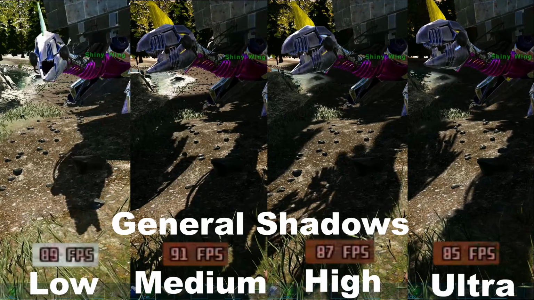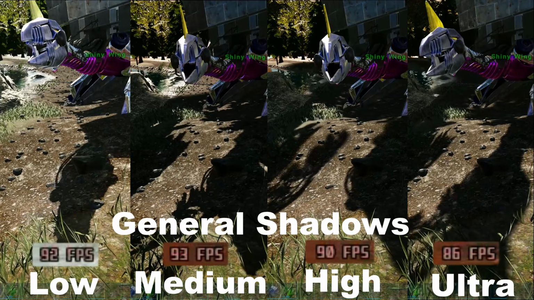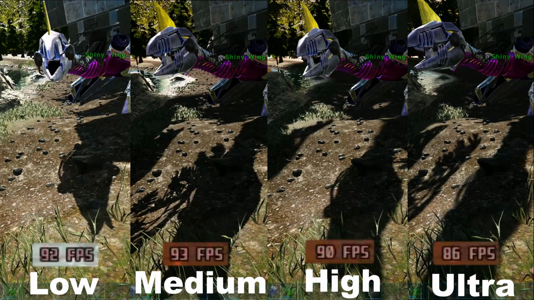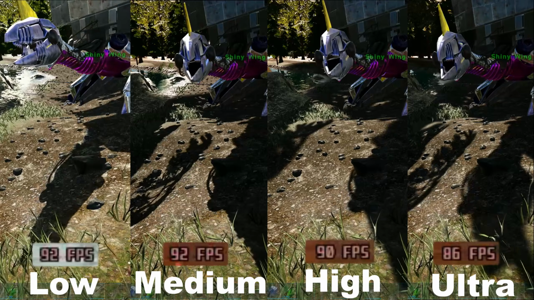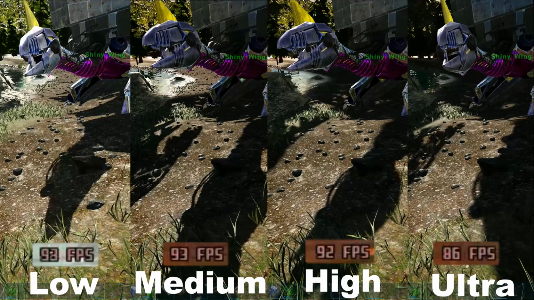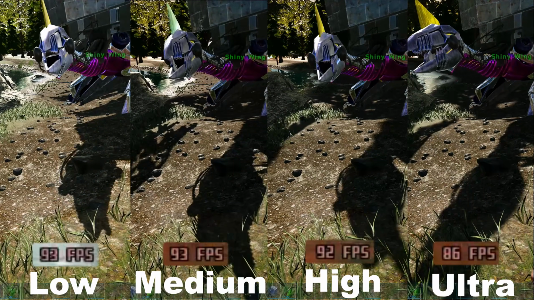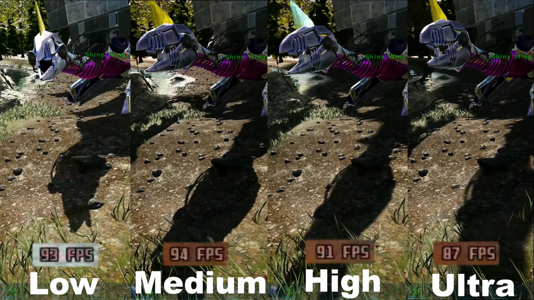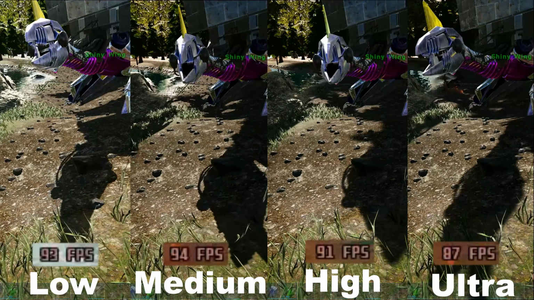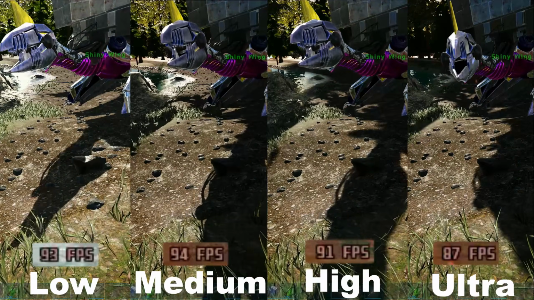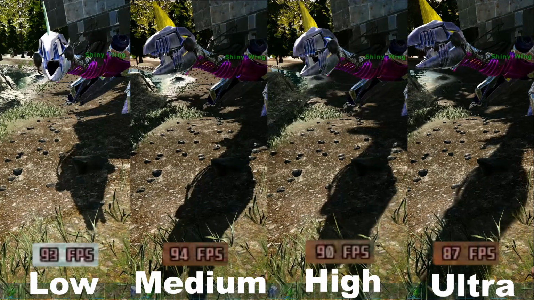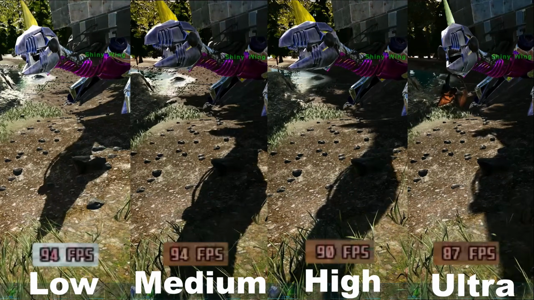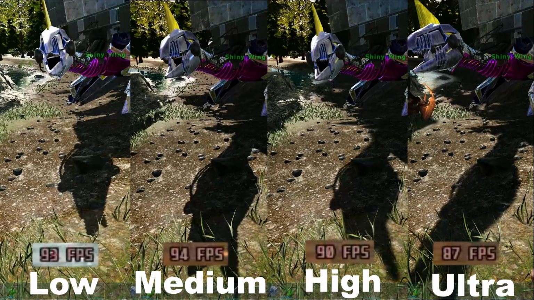And next up we have the shadows. The shadows in Ark are put into two different settings, the general shadows and the terrain shadows. What you're looking at currently is general shadows, where you can see there's a huge difference in FPS between low and ultra. However, in terms of fidelity, how it looks, there's not much difference between medium and ultra. So what I would choose would probably be to use medium, because you get more FPS than ultra, but you still keep some of the shadows because it can look a bit weird on low, because you can see you are missing a lot of the different shadows from the terrain.